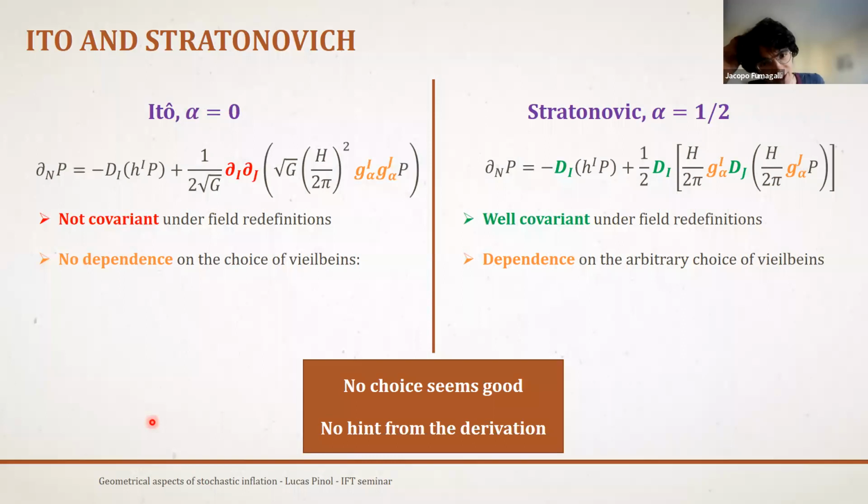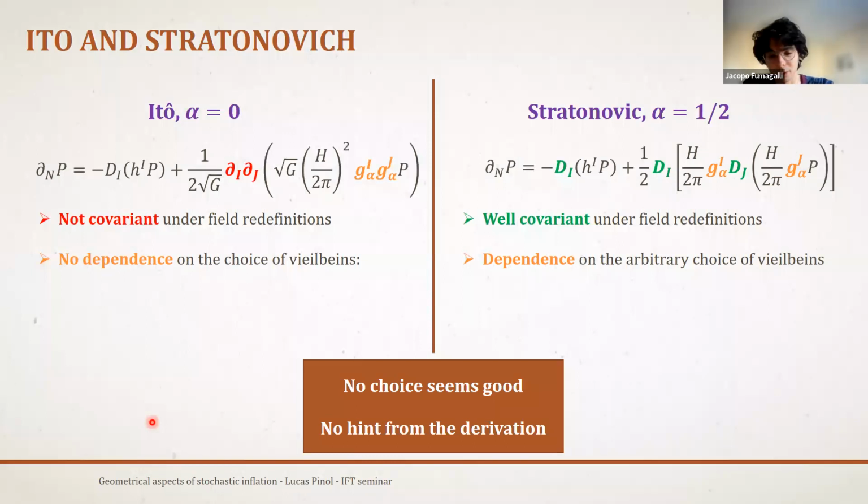I see. This seems like something at a practical level, because there is an interplay here, which seems very deep, between the covariance and the choice of the prescription. Yes. And then you choose one of the two, given that practically it is better to have a theory that is well covariant, etc. But I don't see immediately the link between the discretization of the stochastic differential equation and the fact that the Fokker-Planck equation has to be covariant.